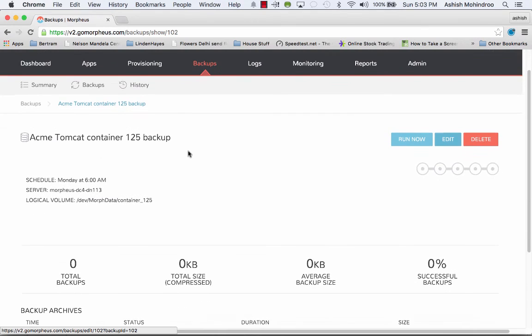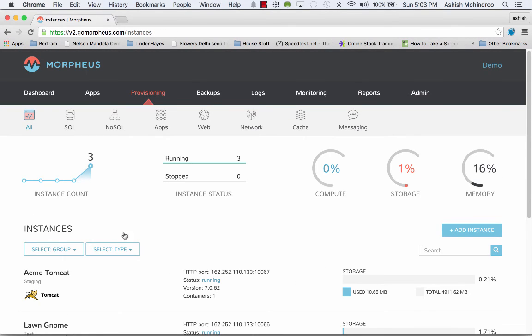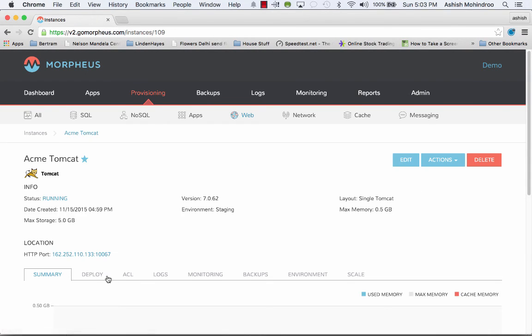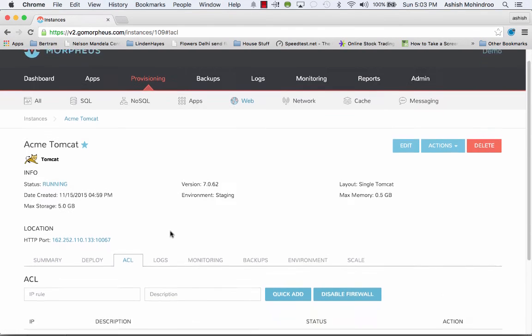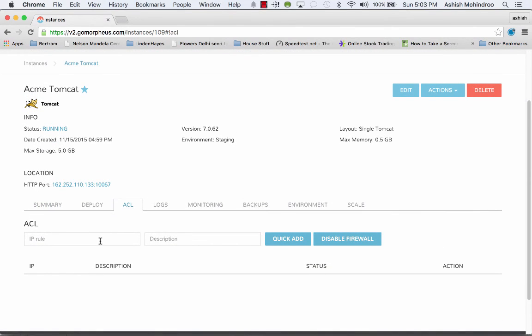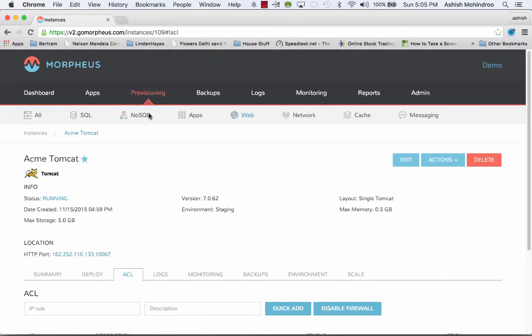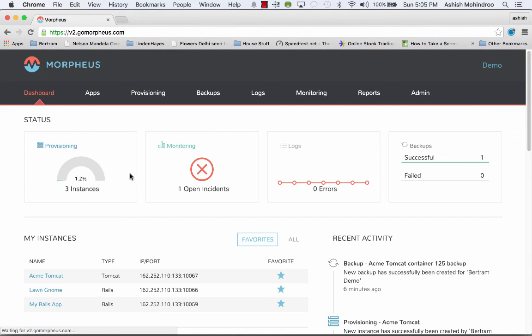For additional security, I can also set up a firewall for my Tomcat container by clicking on the ACL tab and then specifying my individual firewalls. As you can see, with Morpheus, you can set up your Tomcat instance within seconds on any cloud or server